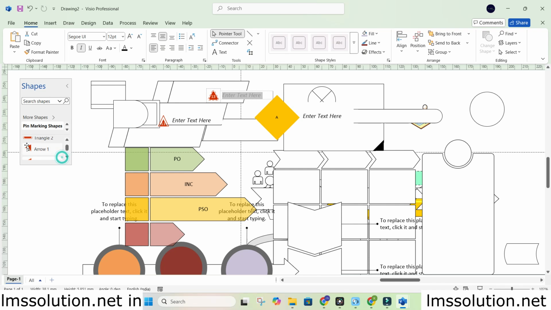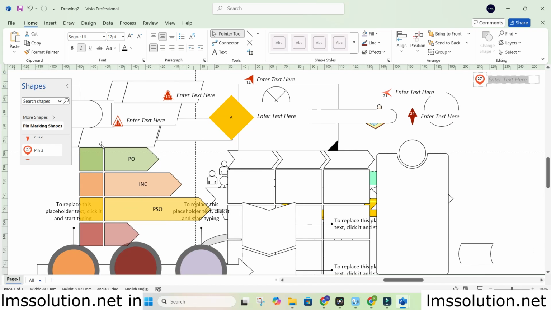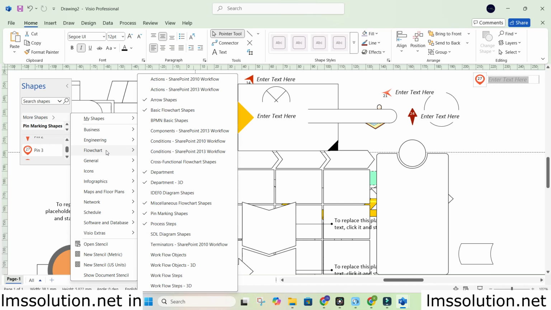There are different kinds of shapes available. You can incorporate this kind of shapes in your flowchart drawing. Here you can see different kinds of shapes are available. Yes, so these are the different options available in these pin marking shapes. So next one will be